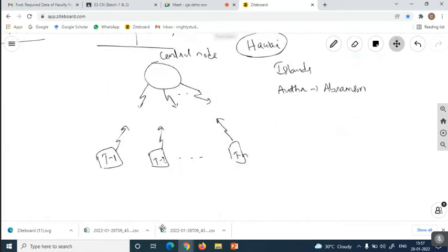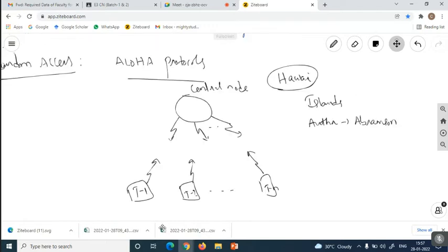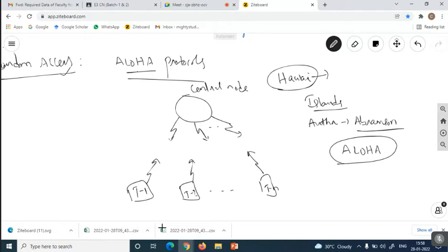This is how they communicate, with the help of the Aloha protocol. That means it is the first protocol introduced for random access, for information transfer in a centralized network. It was implemented at Hawaii University, developed in the islands area by Abramson. The name Aloha comes from the name of the developer, the position of the islands, and the university name Hawaii, and it is called the Aloha Protocol.